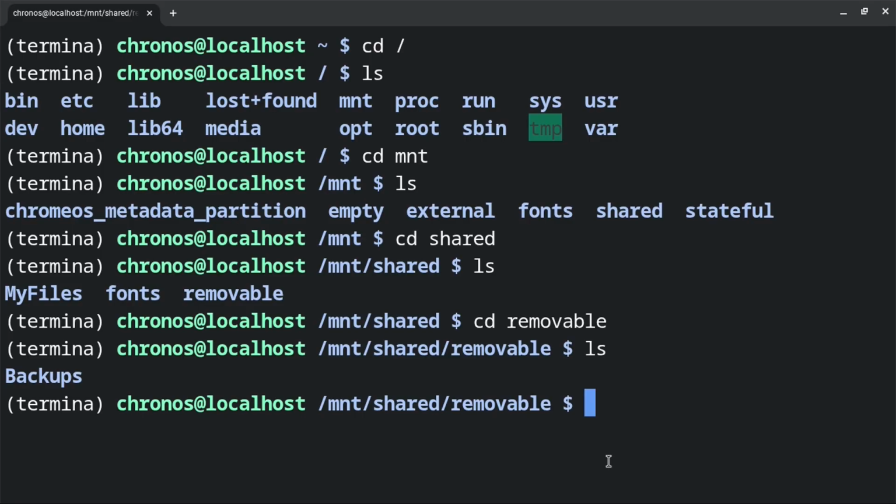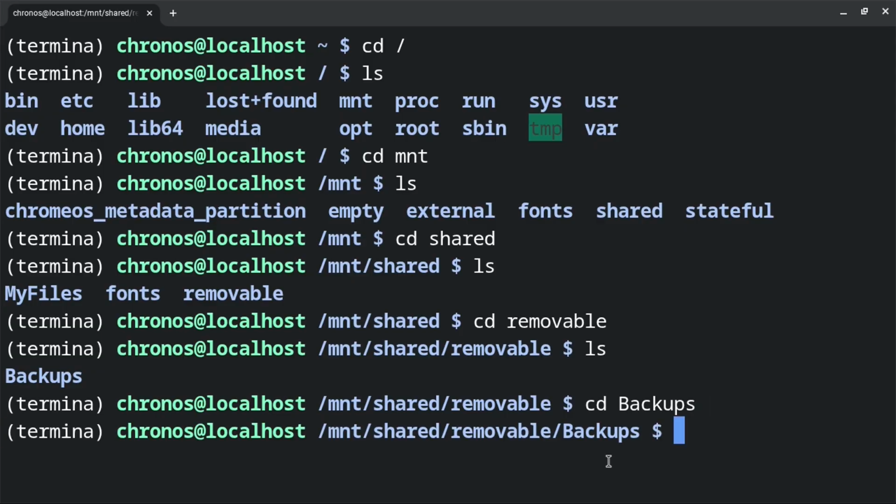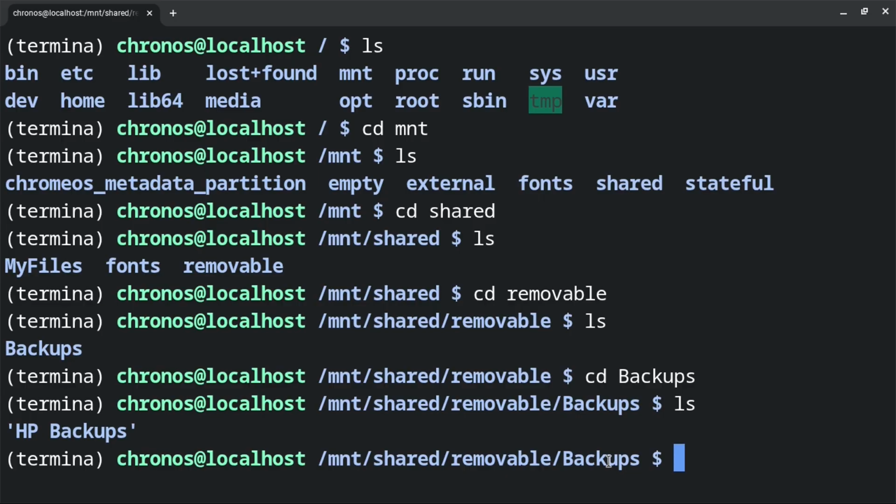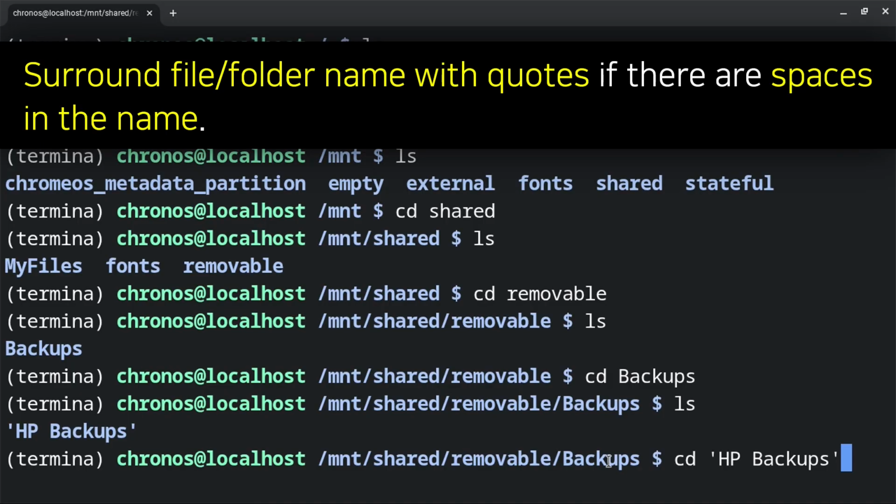Now to go into the external storage device, we can execute cd / the name of the external storage device. After that, we can execute ls to list the files and folders. So here I have a folder called HP Backups where I keep my Linux backups. So to go into my folder, I'm going to execute cd "HP Backups". Keep in mind that whenever we refer to a file or folder that contains spaces, it needs to